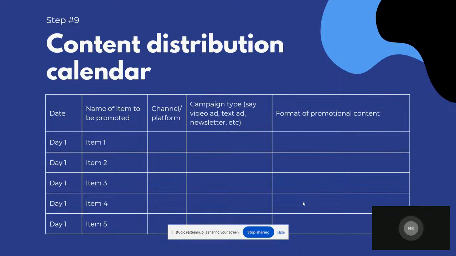Okay, so the final step is to put all of this into a content distribution calendar, where you will note down what you will do on what date. For example, we are approaching the end of October. Now, if you want to create a content distribution plan for November and December, you would mention in a sheet, on November 1, what type of content